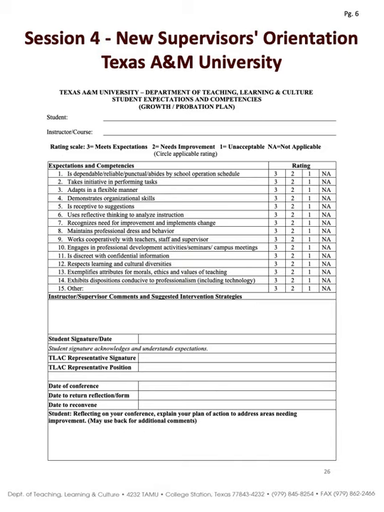For this slide, you will need a copy of page 26 from the handbook. It is entitled Growth Probation Plan. If a clinical teacher is experiencing significant problems, the university supervisor will observe this clinical teacher more often than the minimum number of observations. If these significant problems occur over and over with no improvement noted, it may be time for a growth plan. If a problem is caught early enough, a growth plan will generally solve the issue or problem.